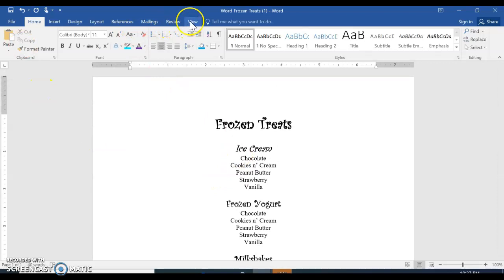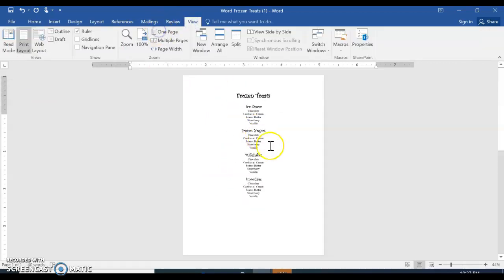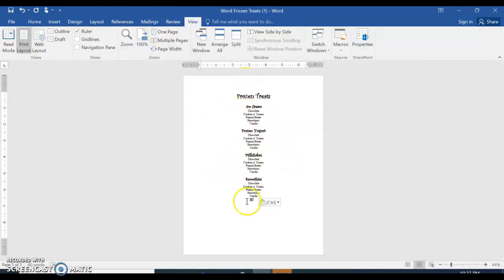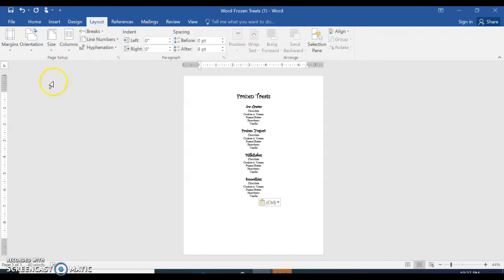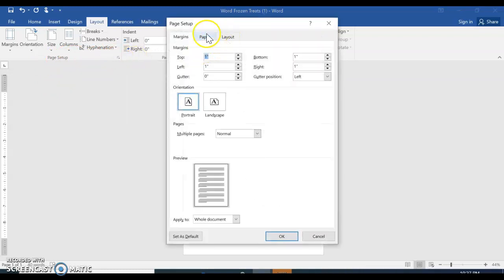Now if we were to look at this document, view as one page, it's at the top of the page. There's a lot of empty space at the bottom, so it's not centered vertically, and that's because the default is to be at the top of the page from the 1-inch margin. So what we'll do is we'll click the tab layout. There is a group called Page Setup, and we're going to click the dialog box launcher, and then there's 3